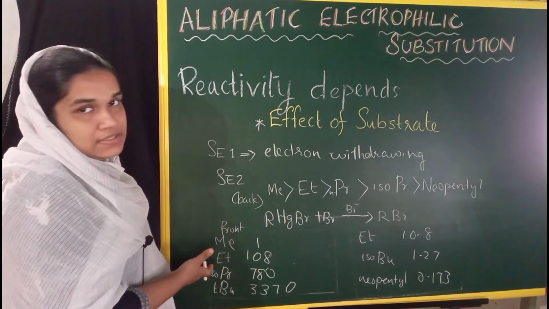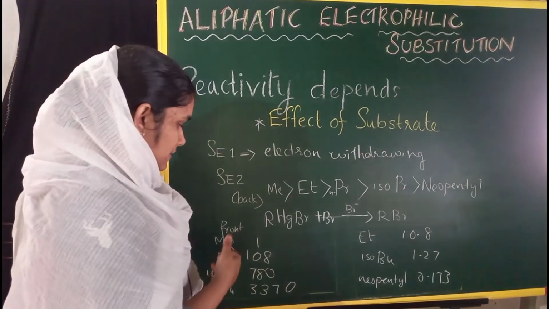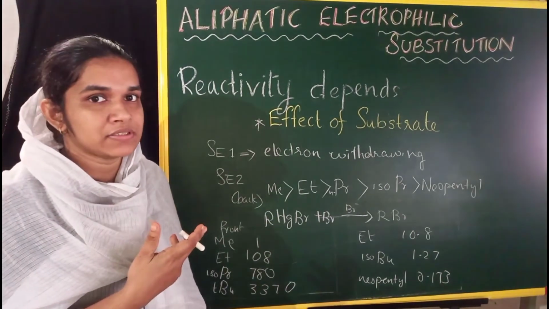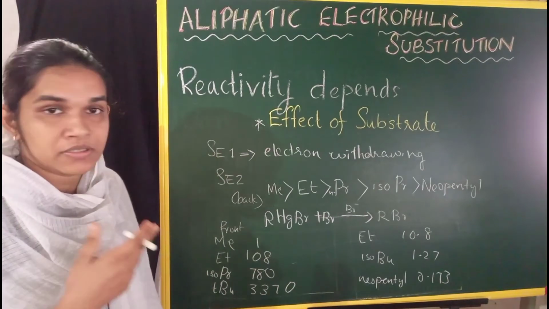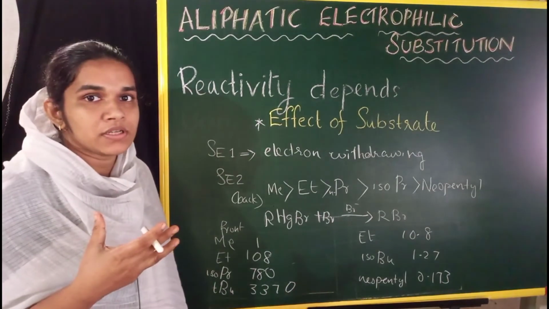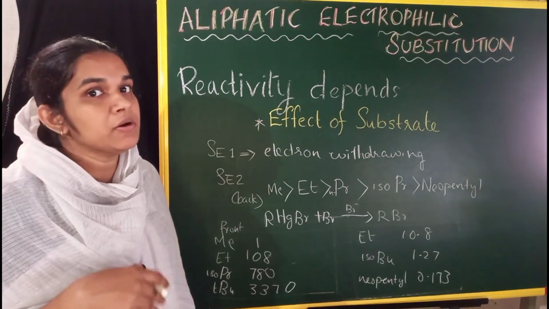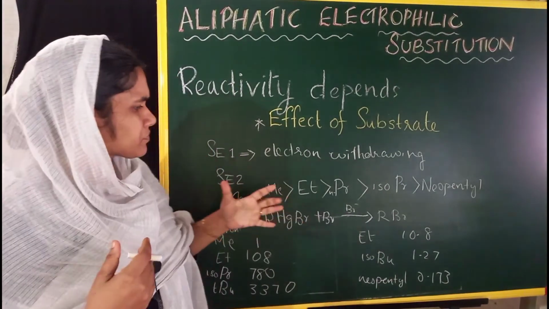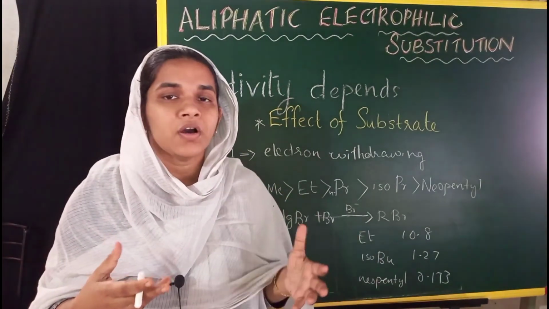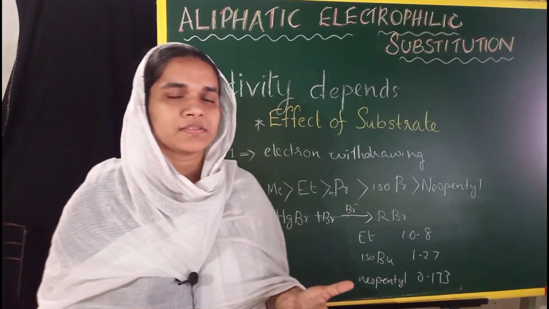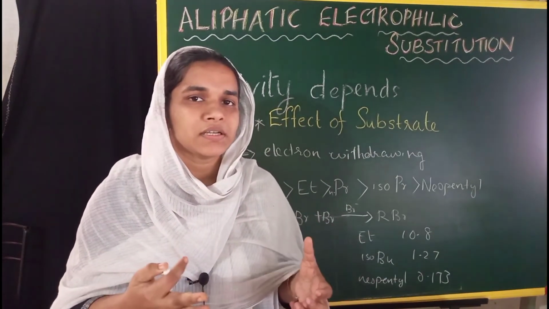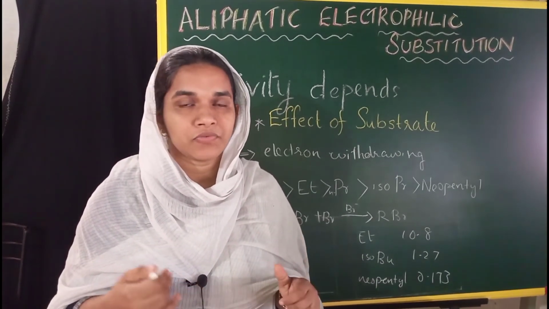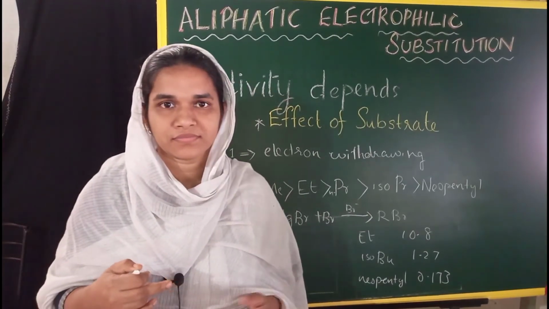Even though there is a steric effect in alpha branching also, the increase in reactivity is due to the enhanced effect we have discussed earlier. Even if there is no such crowding, the reactivity order will be much more. In the case of some compounds, as the branching increases or as the electron withdrawing group increases, reactivity increases. That is due to the ion pair mechanism, like in the SN2 mechanism.